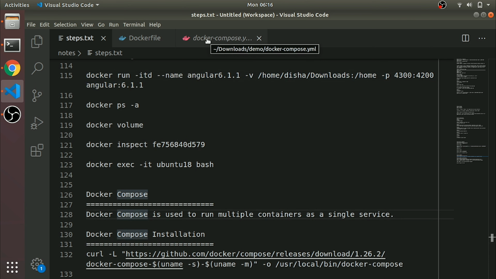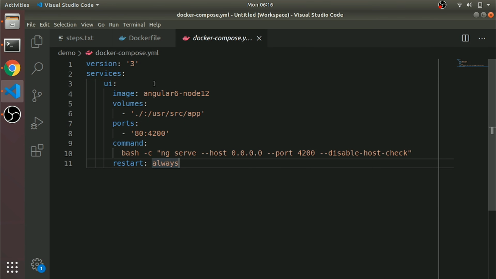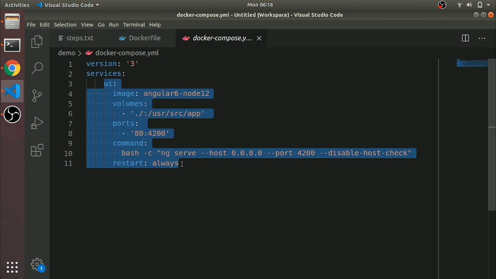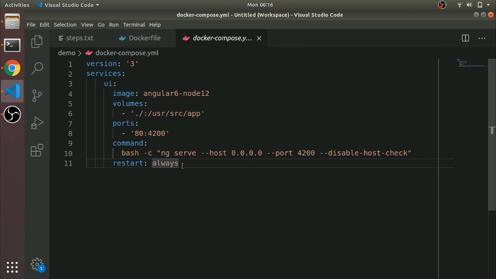How can we do that? Let's see. First we need to create a file named docker-compose. This is version 6, the current version we are using. Then there will be services, and this is one service. If we have multiple, we can enter multiple services like that.